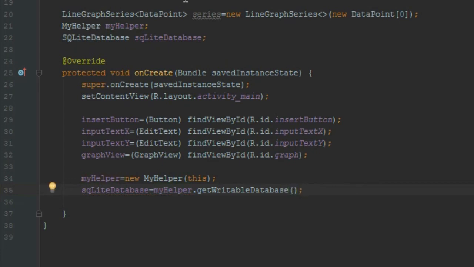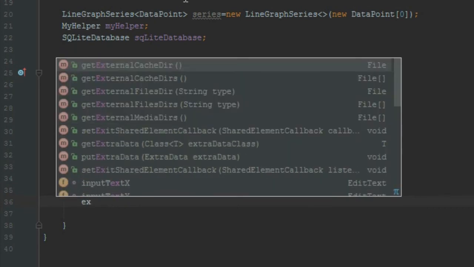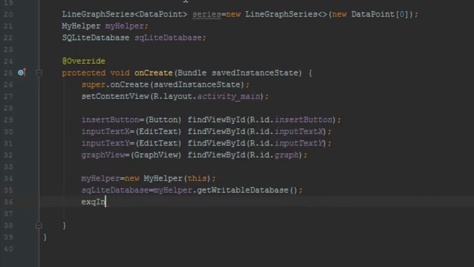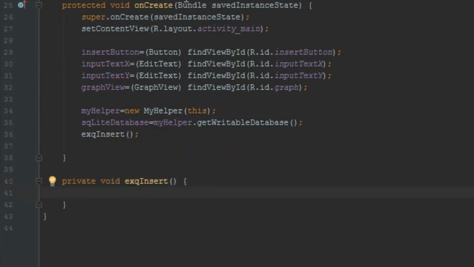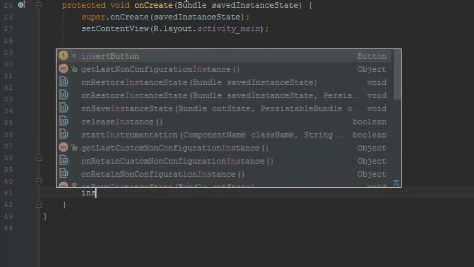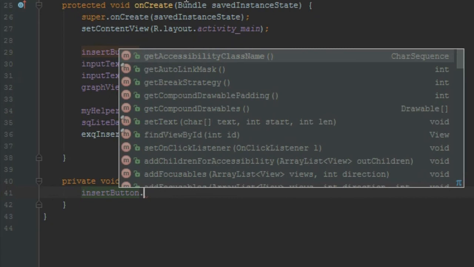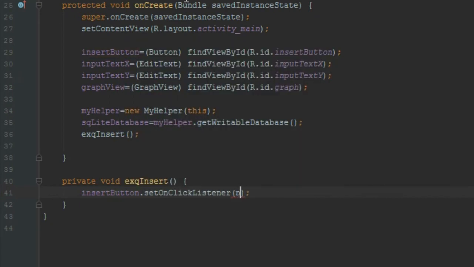Okay, now we are going to call a method execute insert. For that, exq insert, press alt enter and create method. Now here, this insert button dot set on click listener, new on click listener,